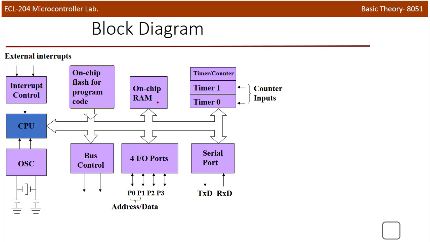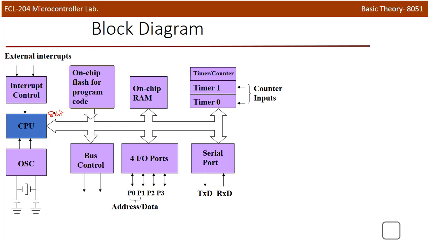This is a very basic block diagram, or internal structure, of the 8051. This diagram is only used to explain the features of the 8051; the internal architecture has some more detail. Using this diagram, I can explain some basic features. It contains a CPU, and based on that CPU, I can say that this is an 8-bit controller. At a time, we can perform 8-bit addition, subtraction, or a logical operation. So generally, the 8051 is known as an 8-bit